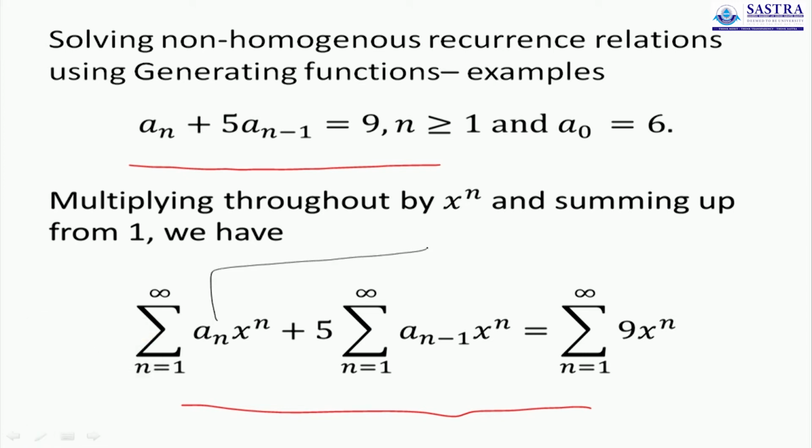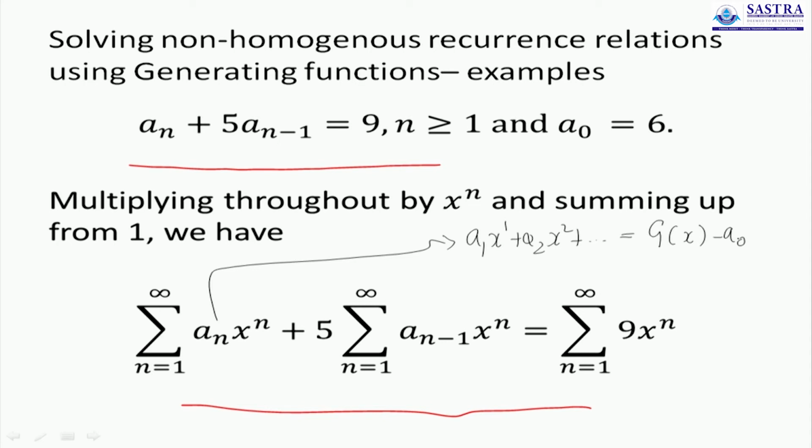This summation over here is going to start with a1 x power 1, a2 x power 2, so on and so forth. But that's not g of x. Recall, g of x starts at a naught x power 0 and then goes to a1 x power 1. So what we have here is simply g of x from which the a naught term has been removed. So that's the first simplification that we'll do.